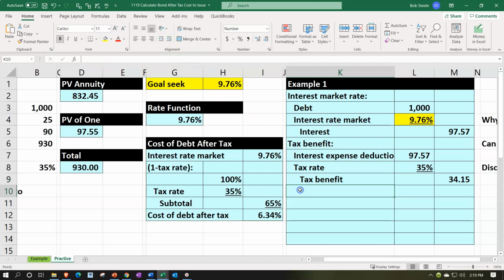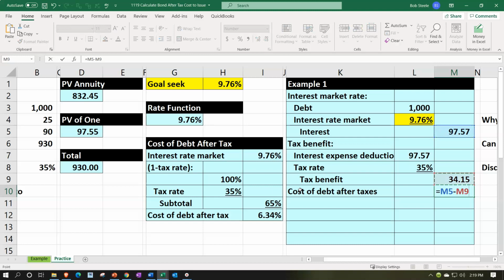So that's going to be that, and then we're going to have the cost of debt after taxes on a dollar basis. It is going to be, on average, the 97.57 minus the 34.15, adding some decimals, number group, couple decimals, underlining this one, font group, underline, and then we can take a look at the cost of debt after tax percent,